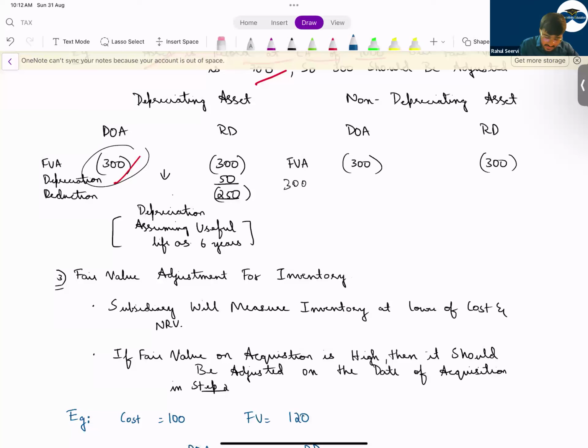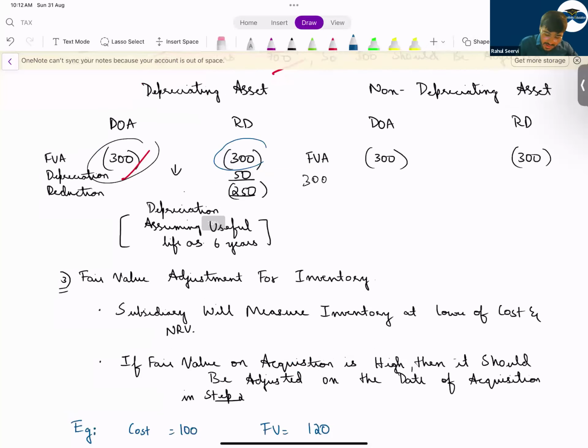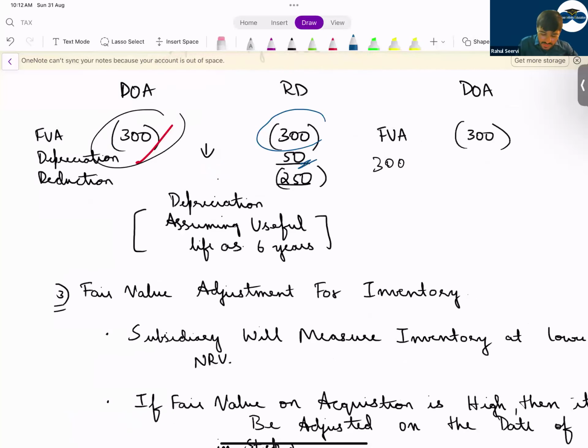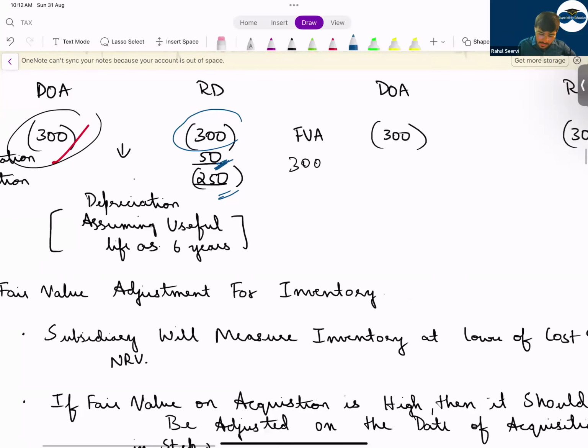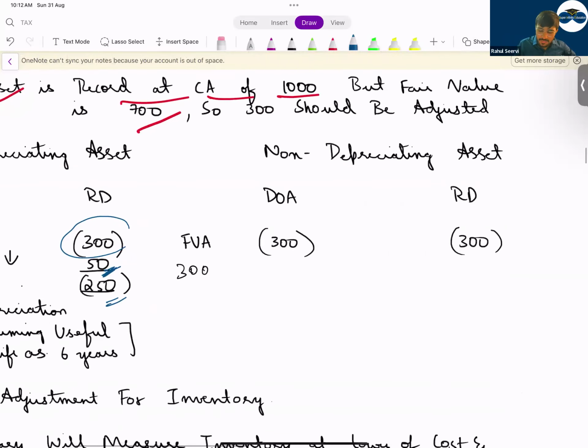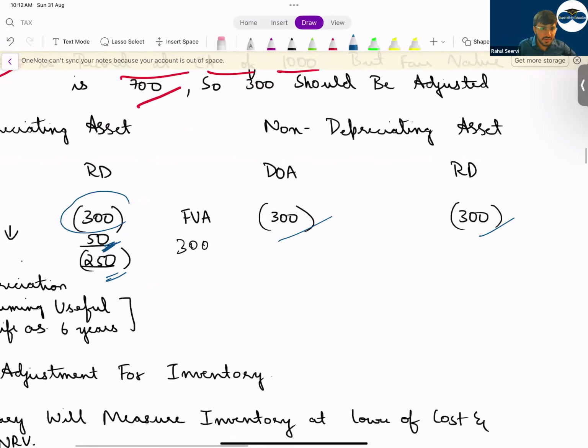But on this 300 we should not charge depreciation, yet the subsidiary company has charged depreciation. So we added back again 50. So the net impact that will be taken is how much? 250 in your balance sheet. In both cases it is 250 only, but what is the difference? Here it's a positive 50, there it's a negative 50. It's a saving here, there is an additional expense there. For a non-depreciating asset, no such issues, minus minus.